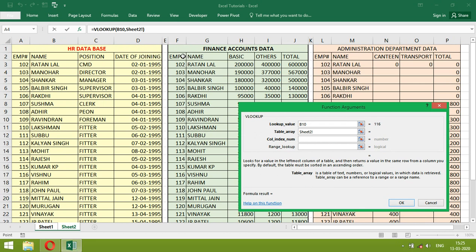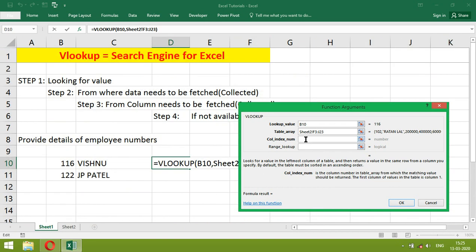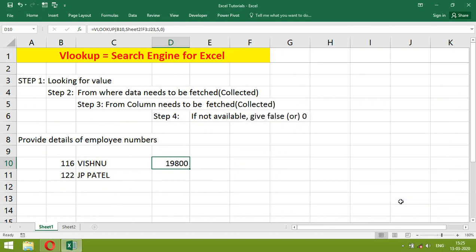Here we want to give this range. Column index is 1, 2, 3, 4, 5. Give 5. Then 0. This total salary is available now. Same way we can copy it.